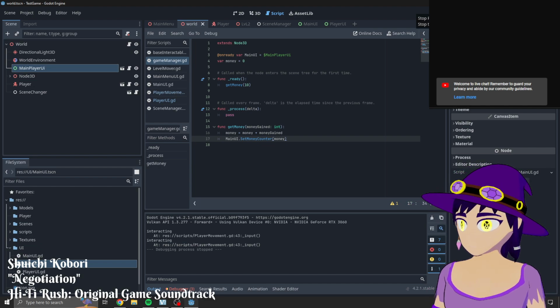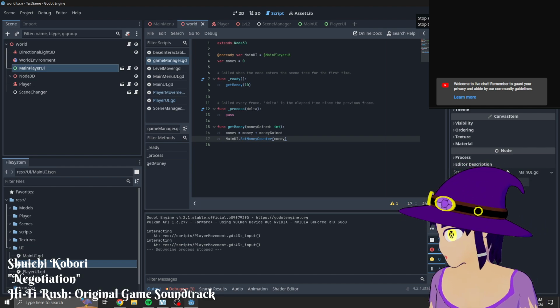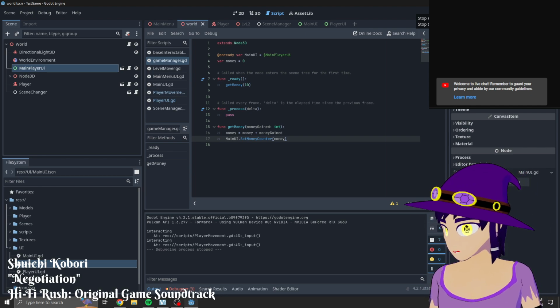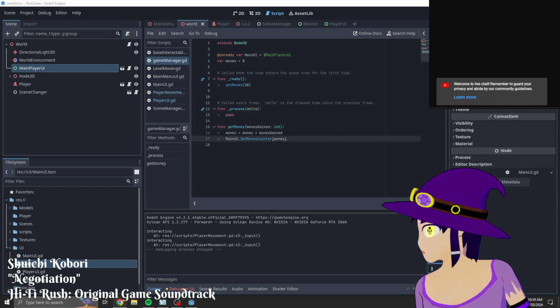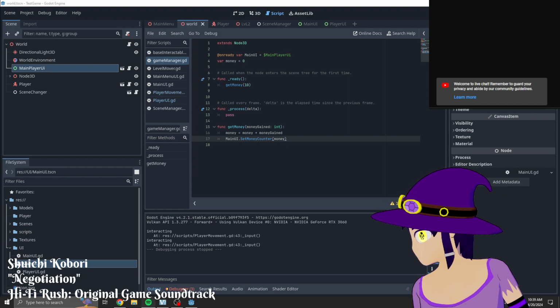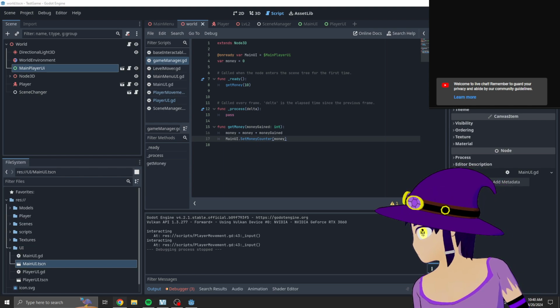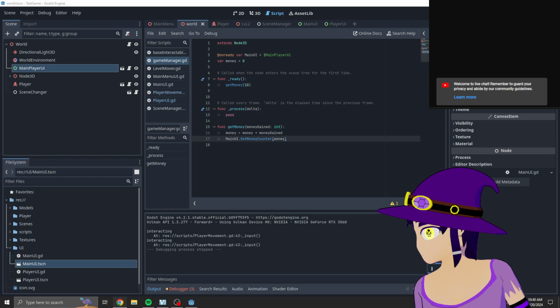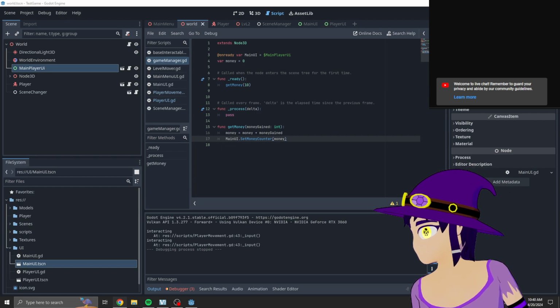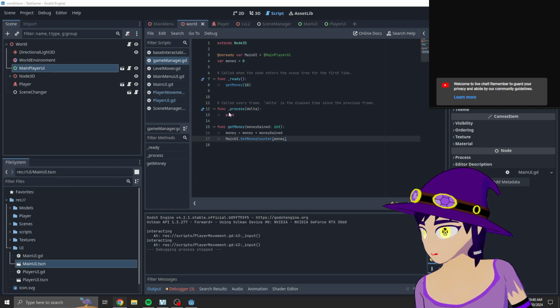Alright. Now, the whole thing I wanted to do: learn how to preserve values between scenes. Here we go. And we're going to need to pass in two scenes here, the old scene and new scene. Alright, so we need to go to